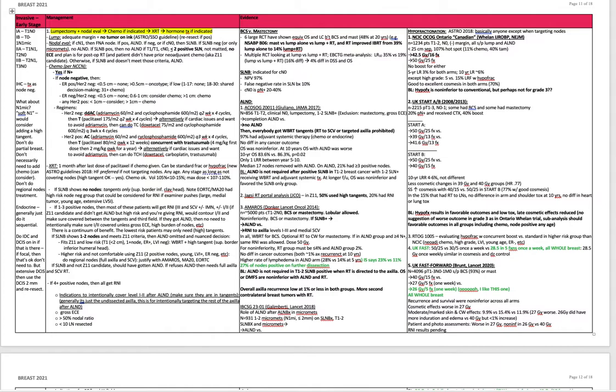Nodal evaluation, if they're clinically node 1 positive, then you do an FNA of the node. If it's positive, then they get an axillary lymph node dissection. If it's negative, or if they're clinically node negative, then you do a sentinel node biopsy. If sentinel node biopsy is negative, or only micromets, then you don't need an axillary nodal dissection. If the sentinel node biopsy is positive, then no axillary nodal dissection